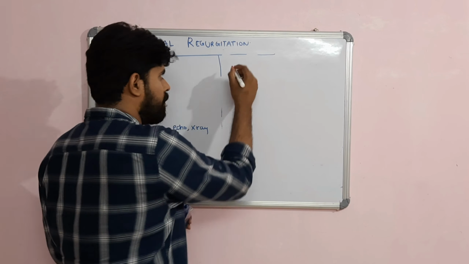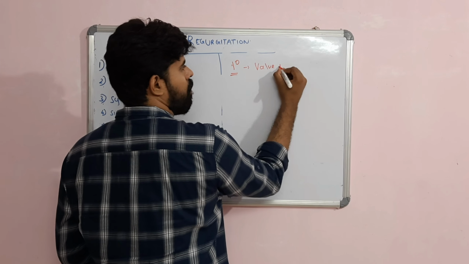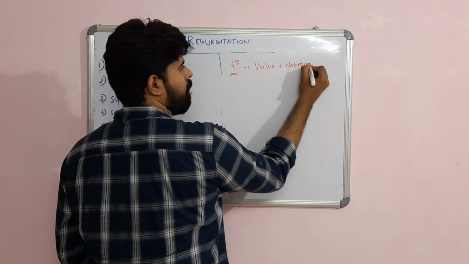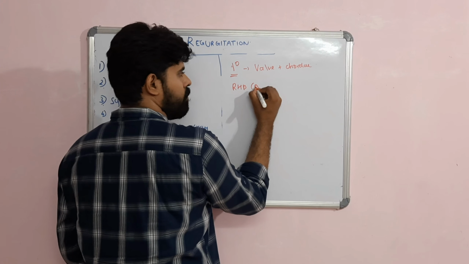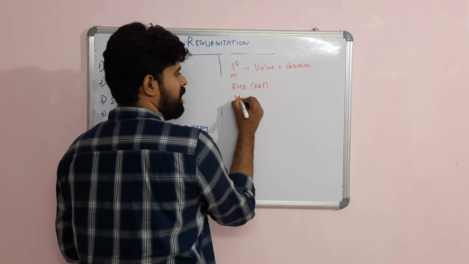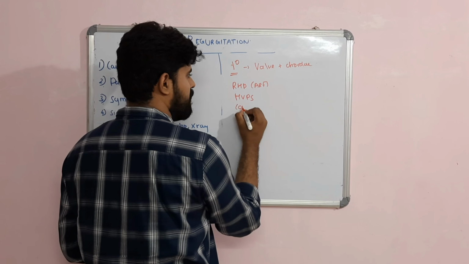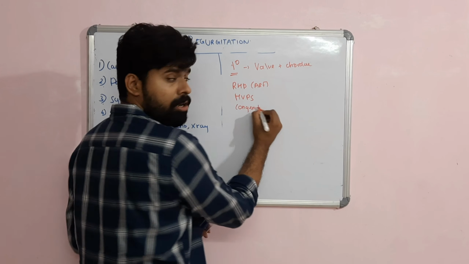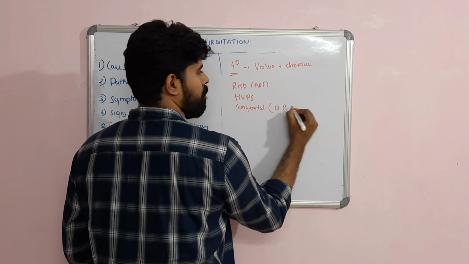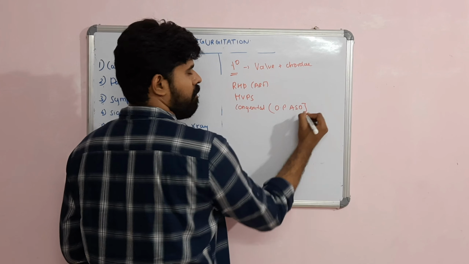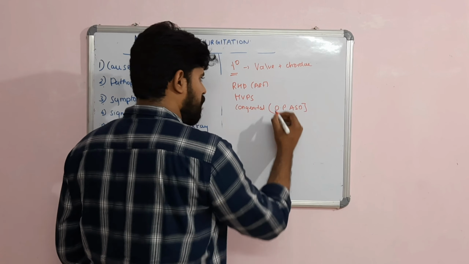First, primary: a lesion in the valve plus chordae. What are the causes? It can be rheumatic heart disease, especially acute rheumatic fever. It can be mitral valve prolapse. It can be secondary to congenital heart disease. What are the congenital heart diseases where you can have mitral regurgitation? It is an ostium primum atrial septal defect. There will be an atrial septal defect with a cleft in the anterior mitral leaflet, and second will be an